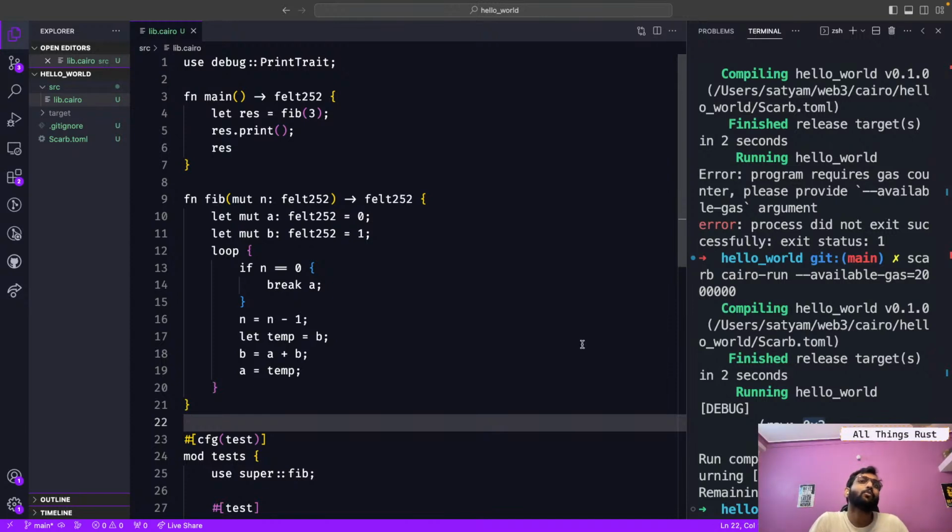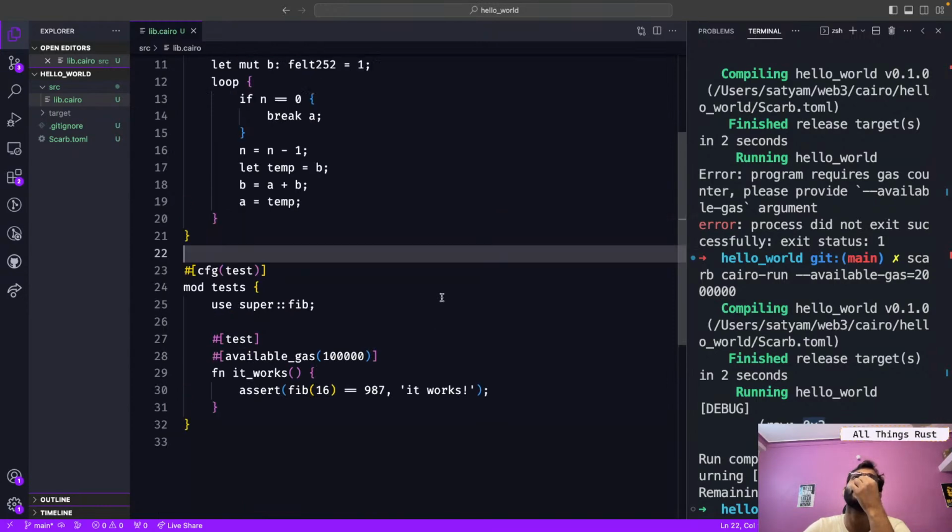As you know, these programs are going to execute on the Cairo VM, the Cairo virtual machine. If the loop condition is infinite, we are using resources endlessly, so we need a loop break condition, a fail-safe condition. If the loop goes wrong, that fail-safe condition is available gas. If the gas runs out, the program halts immediately. So that's about the loop break condition.